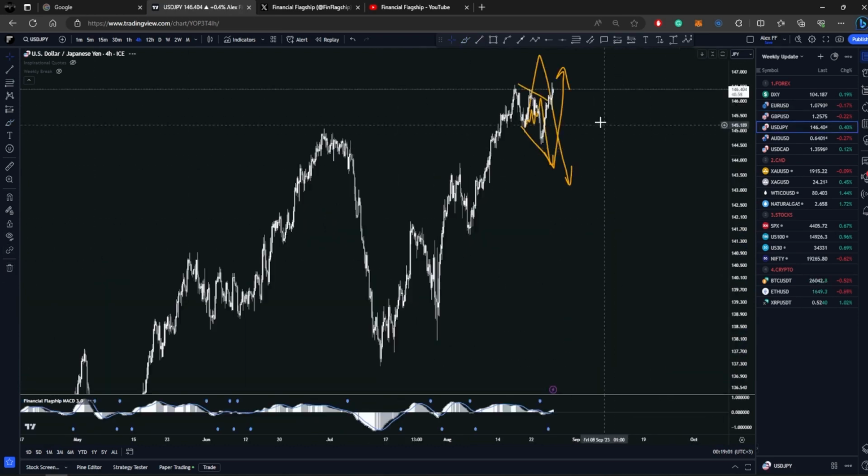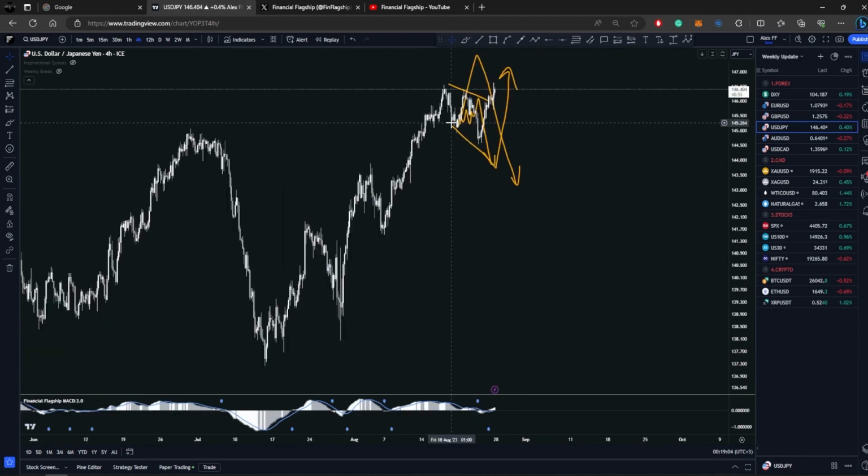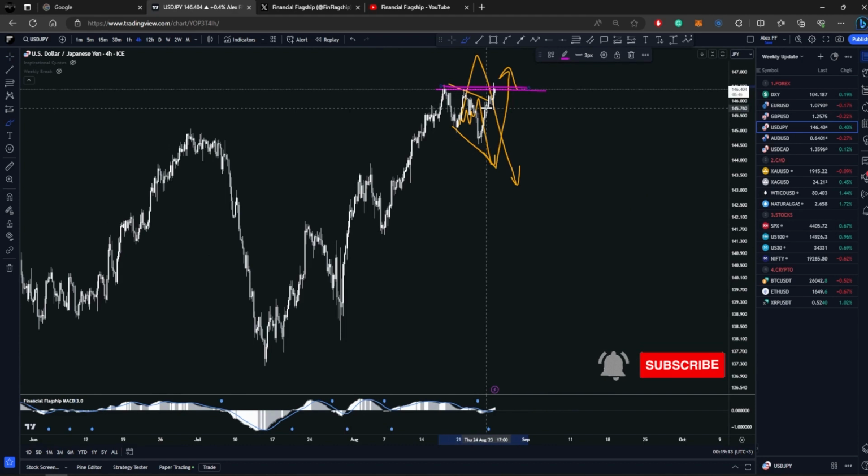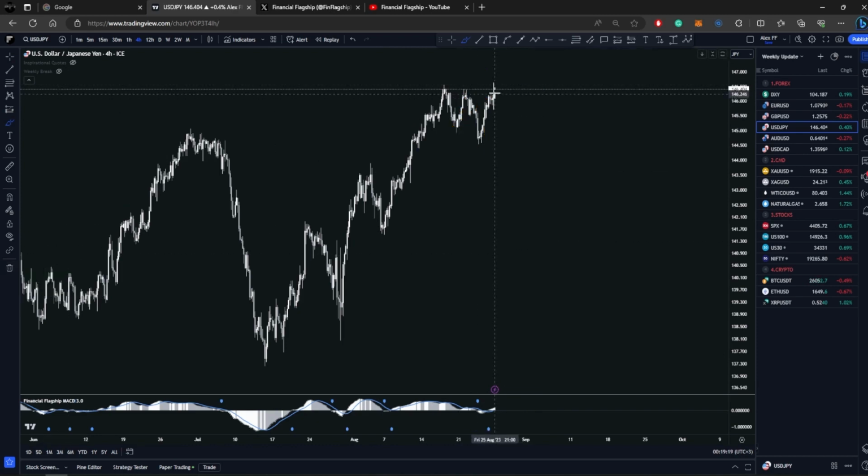For dollar yen, last week I was expecting dollar yen to make a consolidation, and as you can see, the analysis was spot on. Then we were saying that after this consolidation is over, the price will break the top one more time. We just tagged the top, barely broke it. We have a wick here that went above this level and made a new higher high. So for this week, I'm expecting here consolidation, one more push towards the upside.